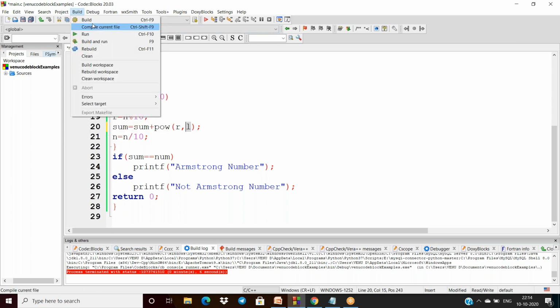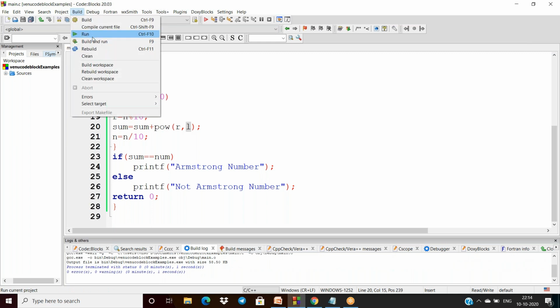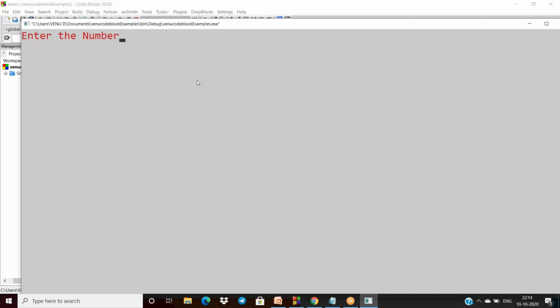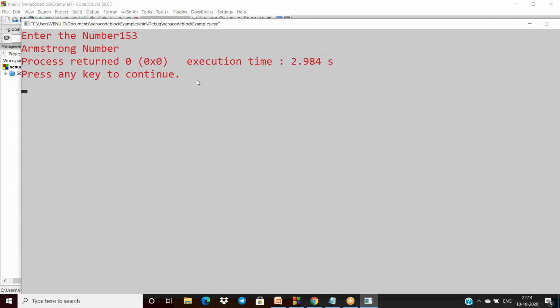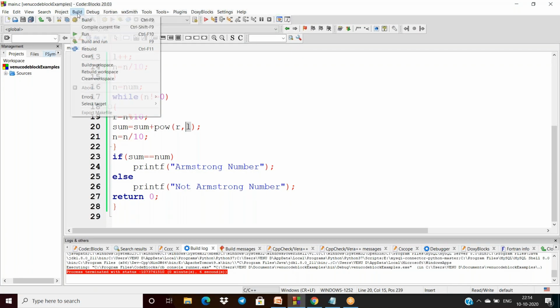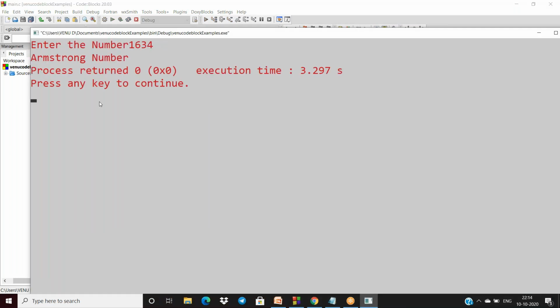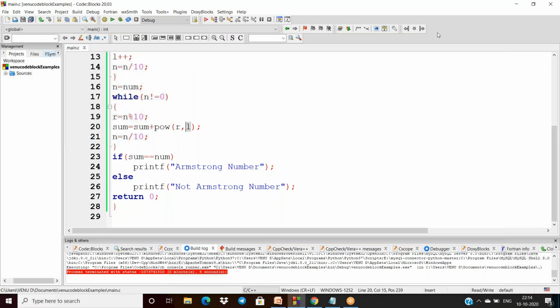Now again I build the code, and now build and run. See, if I am giving 153, then Armstrong number. Again I have to give 1634. 1634 is also an Armstrong number.